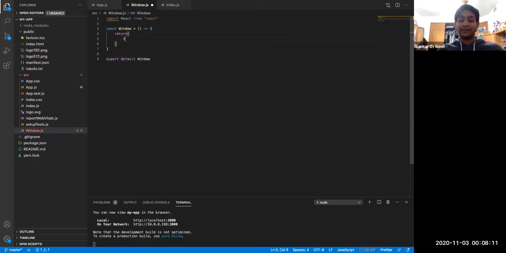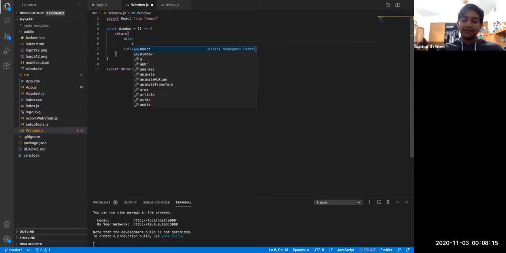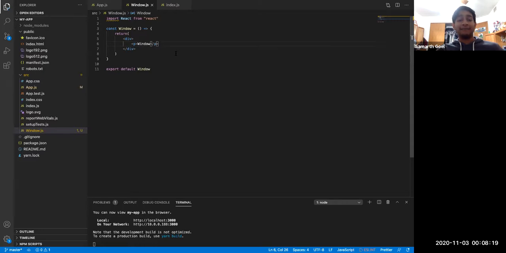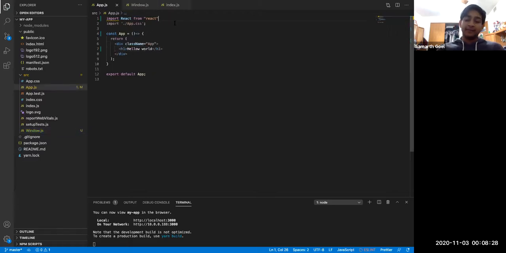Nothing in the component. So let's put something in the component, right? Let's put window. It's a Pokemon. All right, and this is a React component. Pretty simple, right? And now we want to use our React component. So same way as you've done it in Python, let's import it and use it. So import window from